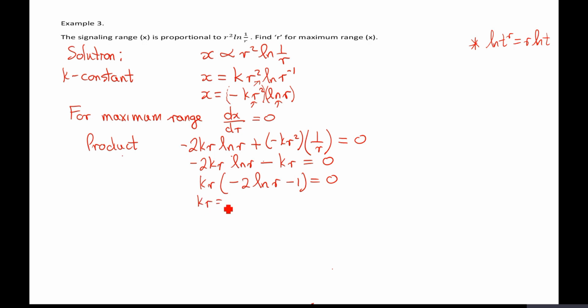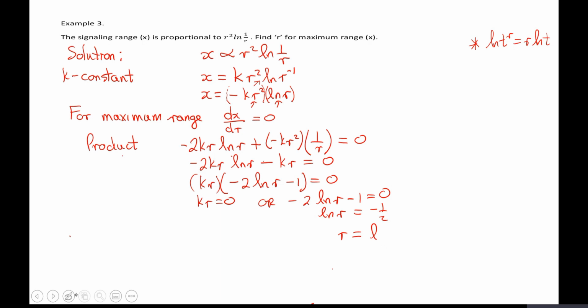Therefore, first bracket kr is equal to 0, or my second bracket is equal to 0. Transpose, I get ln r is equal to minus a half. Therefore, r is equal to e